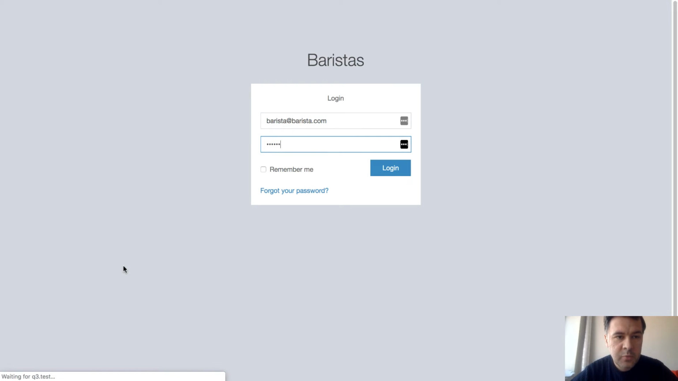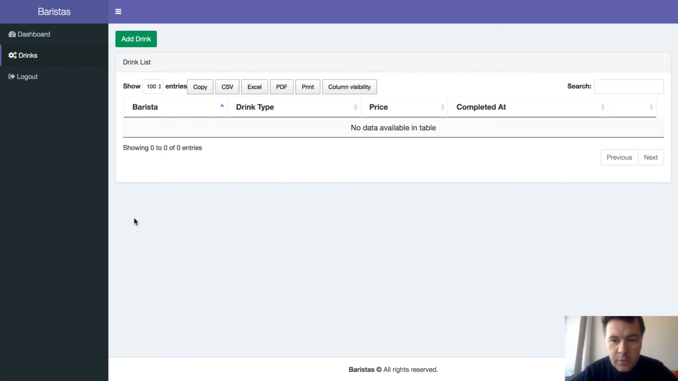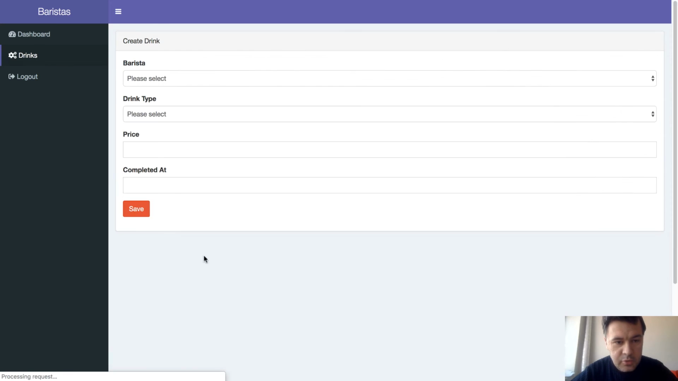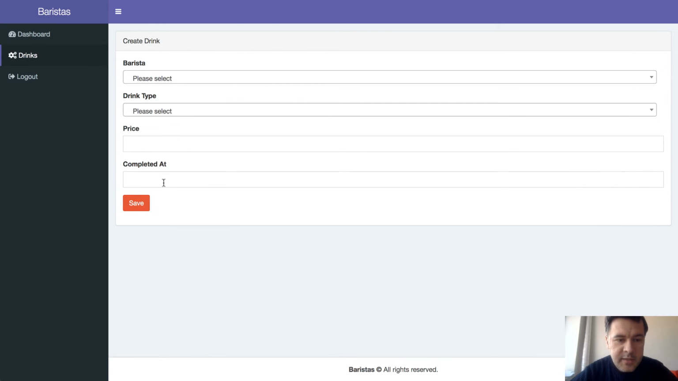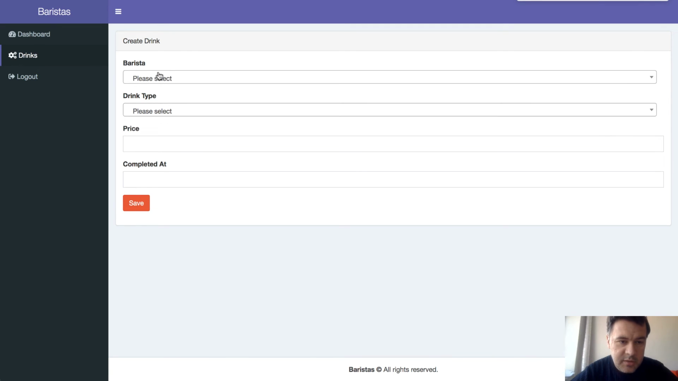Password I've just entered, and we should see one menu item, well, dashboard. We will get to that later, and drinks. So now we are able to add a drink with the same price and completed ad, and this form needs to be customized. First thing, barista shouldn't be chosen because, well, it should be myself, so it should be set